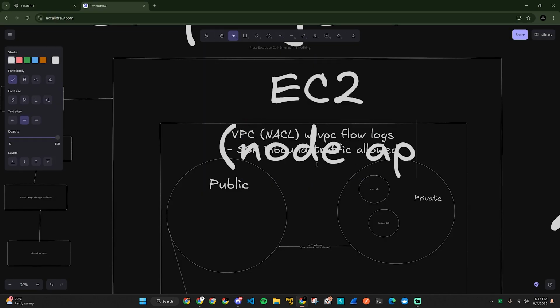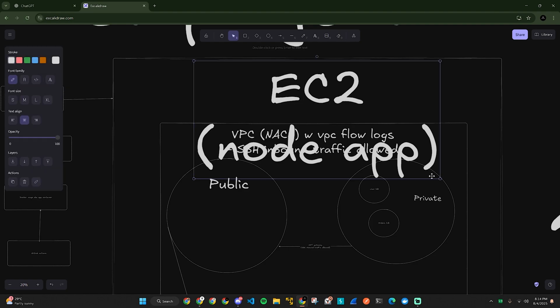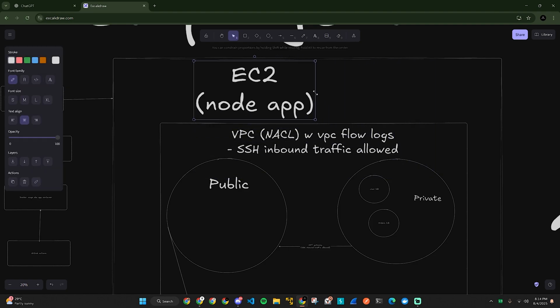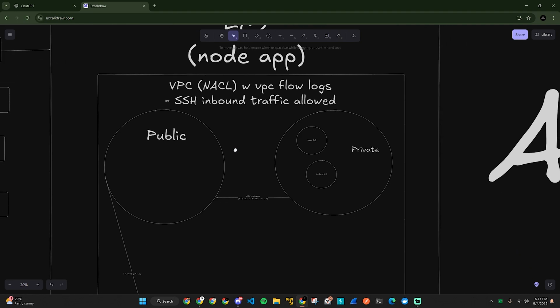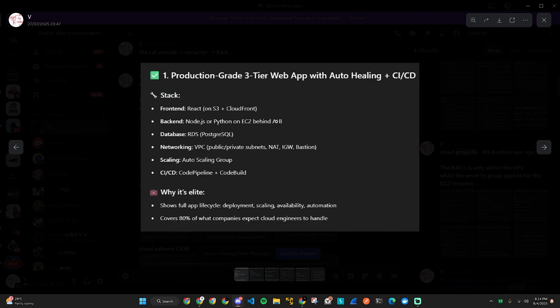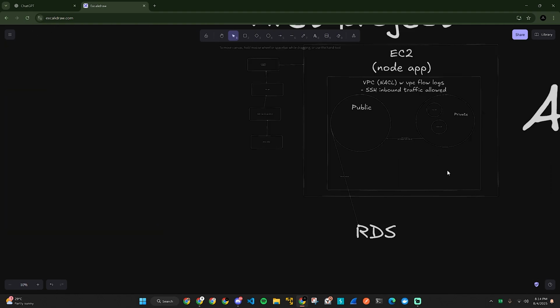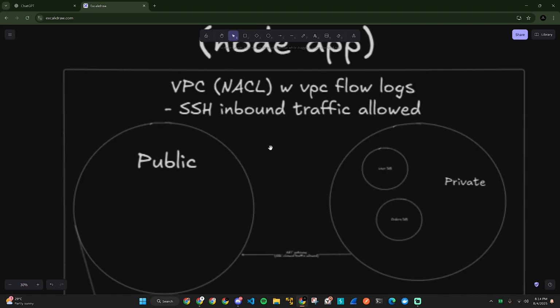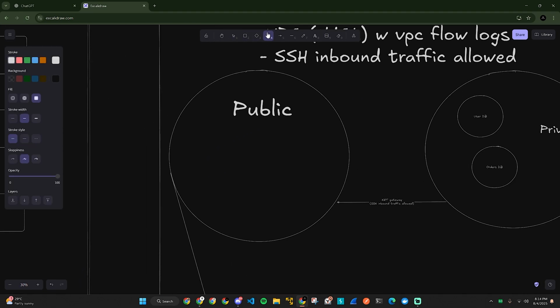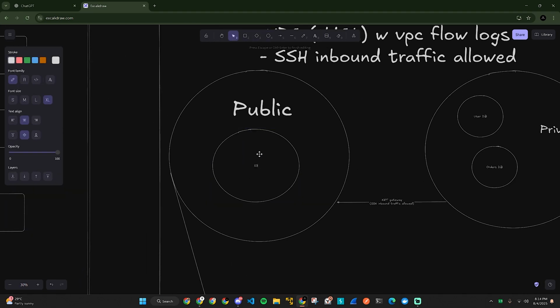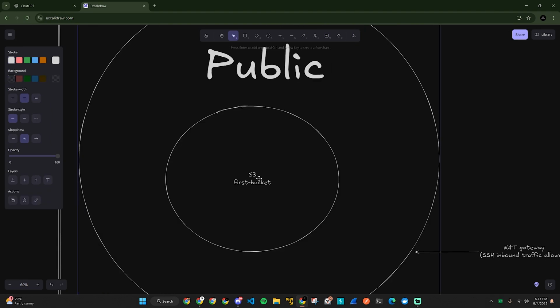Okay, so let's just say Node app. If it's an EC2 instance, then we need to configure servers and stuff, right? Apart from that, we have React on S3 on the front end. So S3, where is it? You'll have an S3 bucket, so we can have it within this public subnet. So we'll call it S3 first bucket. Alright, so S3 first bucket,